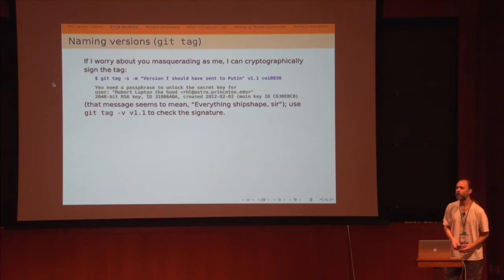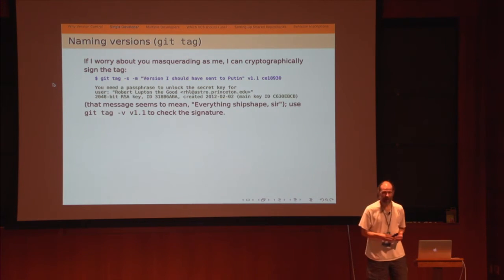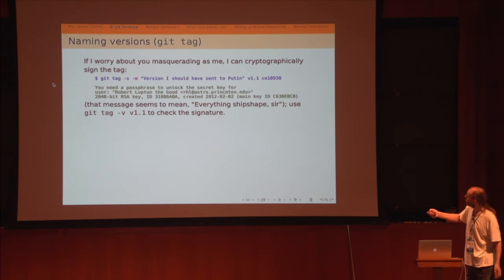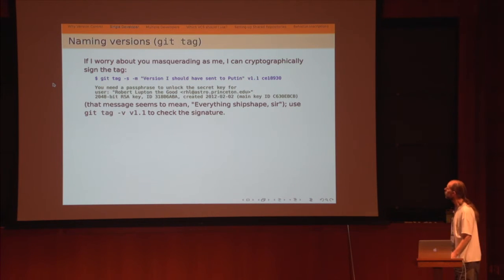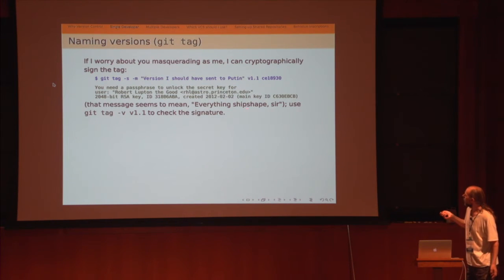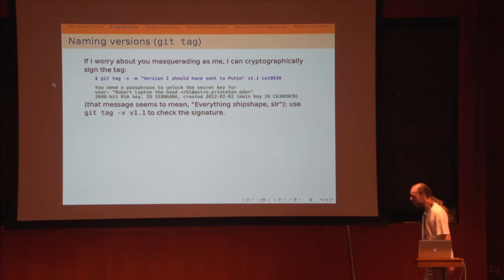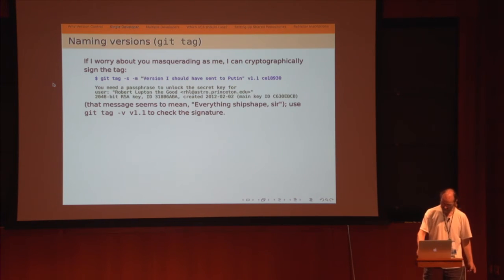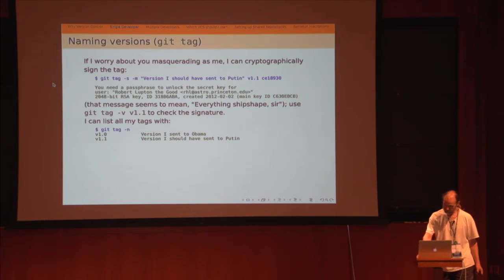Now, I worry about my colleagues. They'll masquerade as me and get me into trouble. So as to make certain that the version I sent to the Kremlin was really done by me, I could actually sign it, cryptographically sign it. So in that case, I can prove that v1.1 was the one that exposed the secrets of mercury cadmium telluride detectors or something like that to Putin. And that message is totally obscure, but it basically means, yeah, we're fine. So if you're worried about sending out versions to the outside world, you can actually sign them, everything is fine. I don't see any reason to do that. I'm not paranoid. If you're paranoid, we can deal with that. Okay?